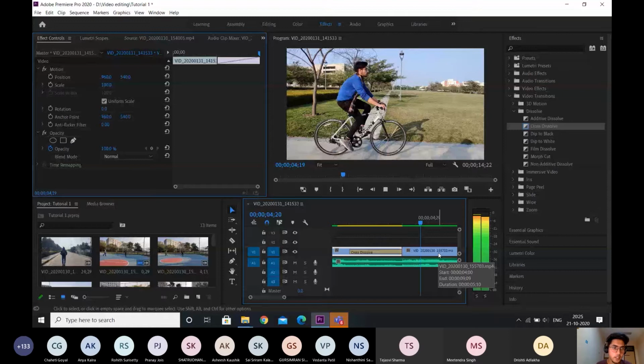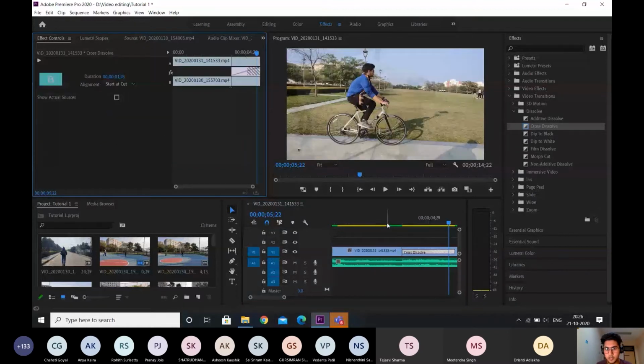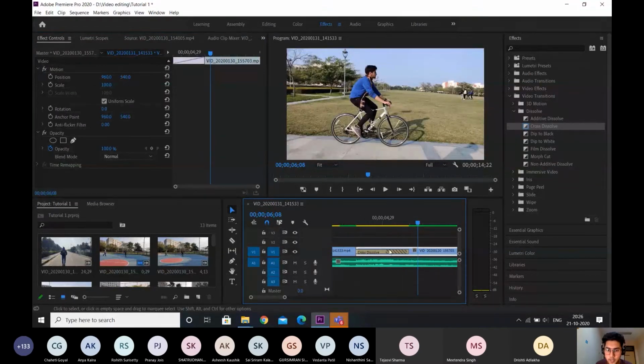Now I can again click on it and select start at cut. So basically the transition starts at this particular cut. Now if I play it, you can see there are these black bars coming after half of this dissolve. What's happening over here is that this video clip which is before, when the cross dissolve starts, the opacity of this video starts to reduce.